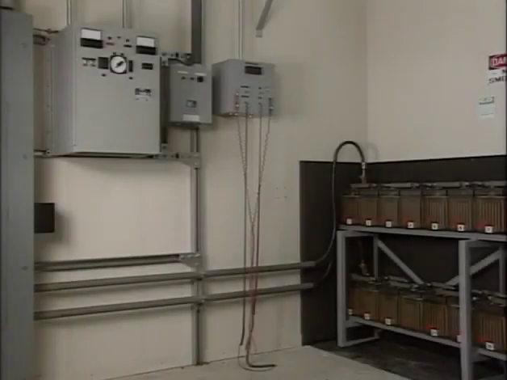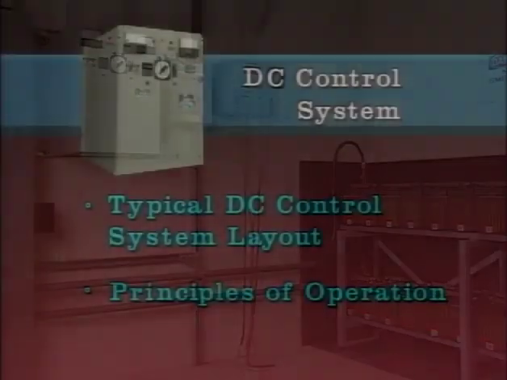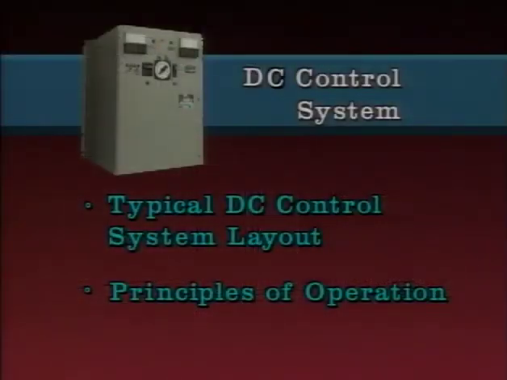In order to clearly understand the role of a charger in a DC control system, it's necessary to know what a typical DC control system layout looks like and how the system works. This part of the program will describe a typical DC control system. The key points that will be covered include a typical DC control system layout and the principles of how the